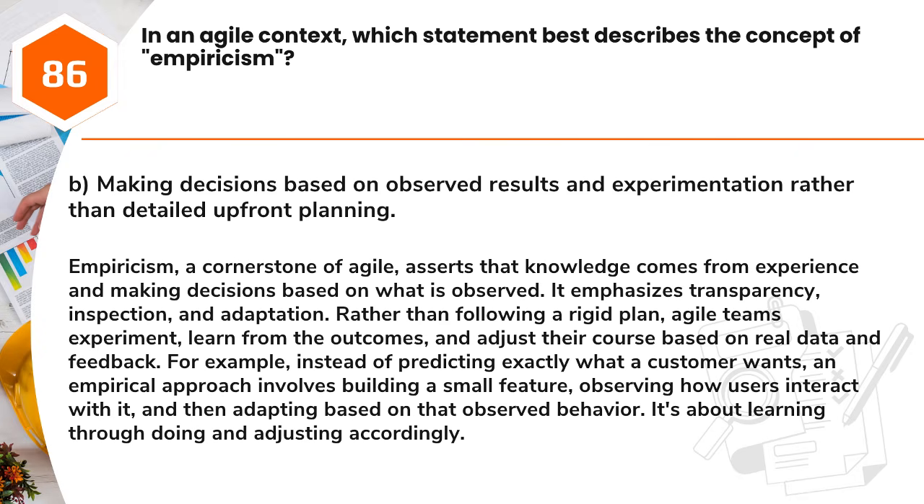Answer: B. Making decisions based on observed results and experimentation rather than detailed upfront planning. Empiricism, a cornerstone of Agile, asserts that knowledge comes from experience and making decisions based on what is observed. It emphasizes transparency, inspection, and adaptation. Rather than following a rigid plan, Agile teams experiment, learn from the outcomes, and adjust their course based on real